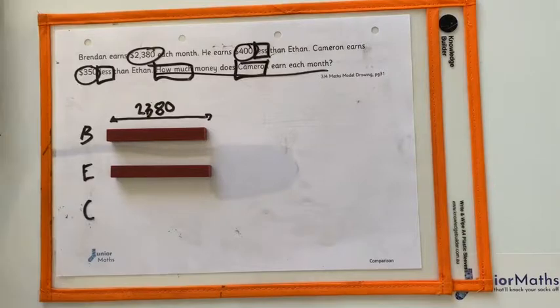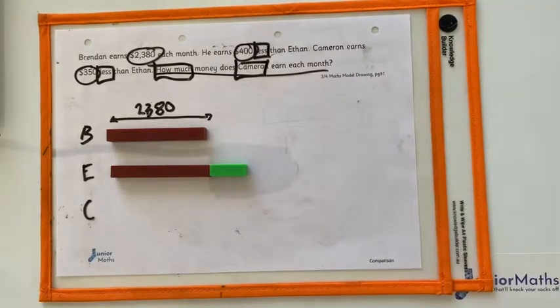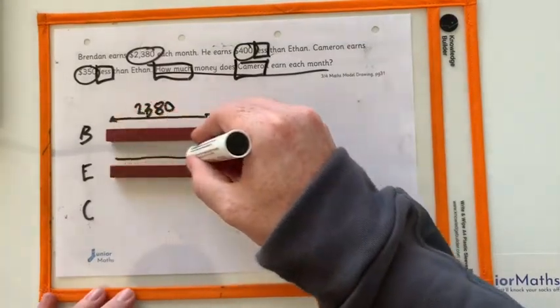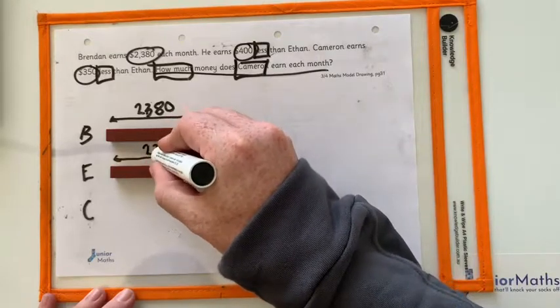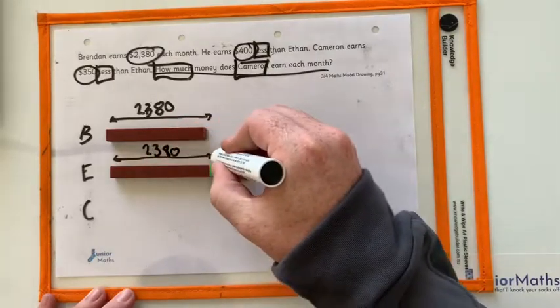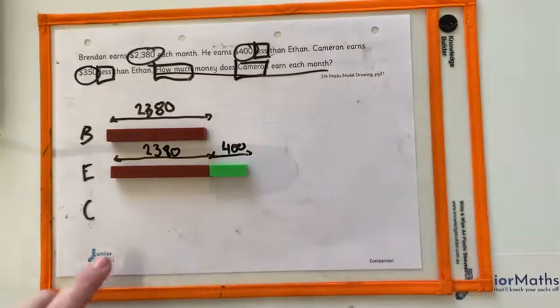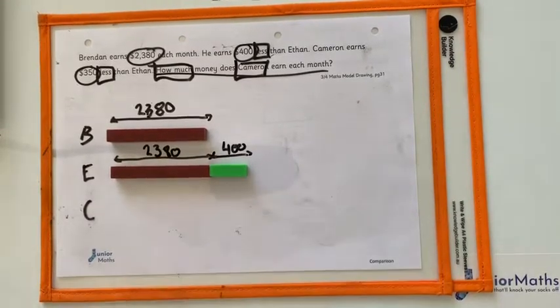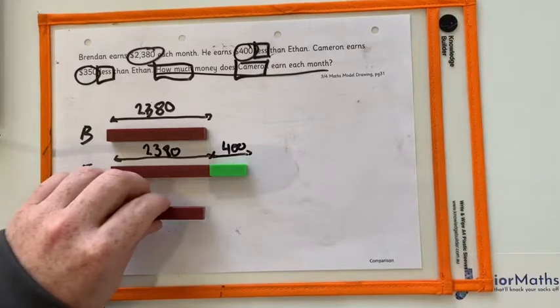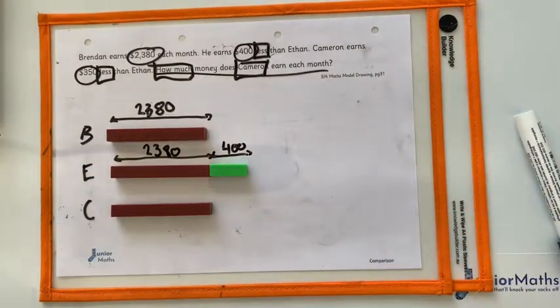I'll go with this one just so it's 2,000. This is an additional 400. So now this shows that Brendan is earning 400 less than Ethan. Then we need Cameron's. So Cameron is earning 350 less than Ethan. So again,